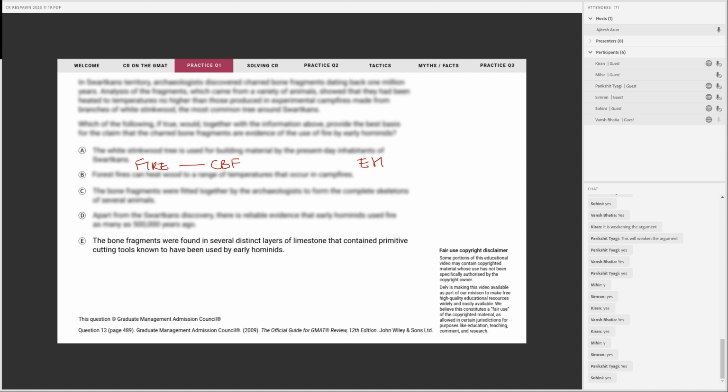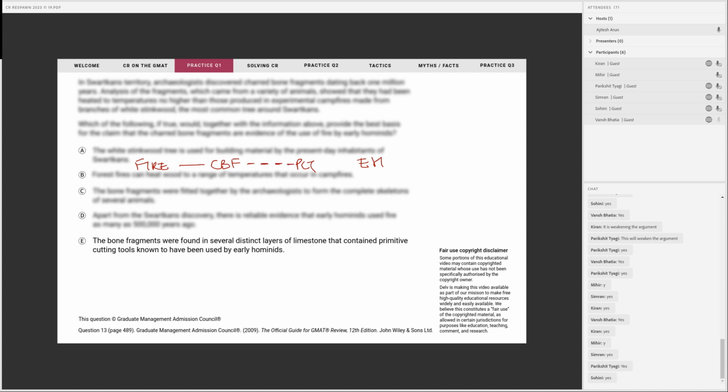So what does option E do? Option E gives us a new thing, right? And let's be clear, this is absolutely new. These primitive cutting tools, that was never mentioned in the stimulus. It's completely new information. But what option E does is it connects primitive cutting tools somewhat tentatively to charred bone